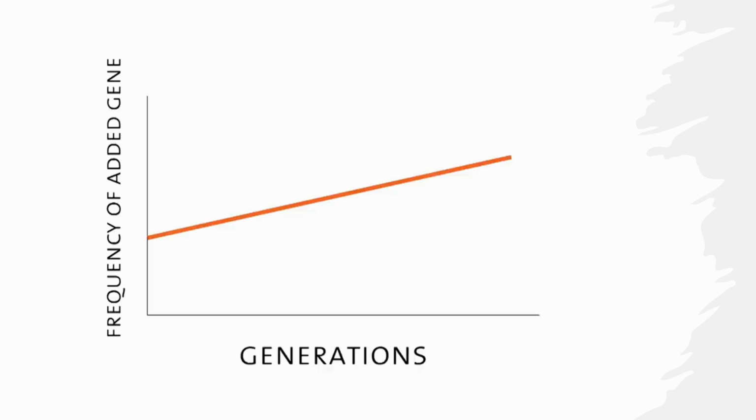And in this figure here, you can see that as the line is rising to the right, in your x-axis you would have your generations, and in your y-axis you see the frequency of the added gene. So as the line is rising to the right, those 4 generations of mosquito is about, I would say, 2 months. So in, let's say, 2 months, it appears you should start to see this whole population replacement, where